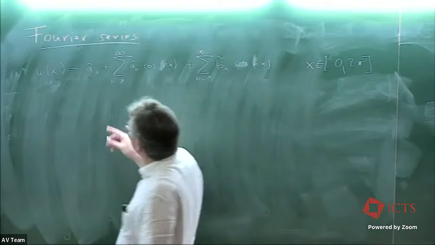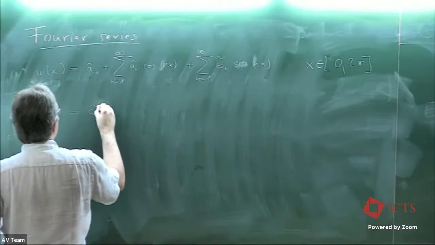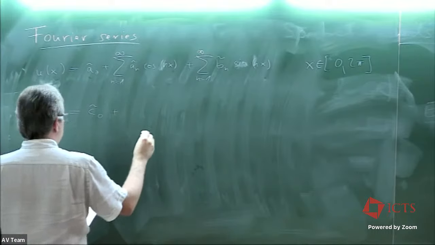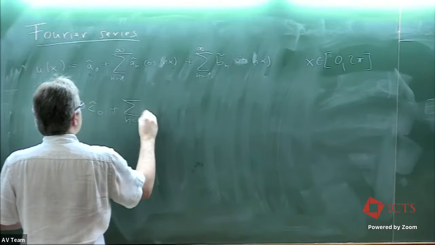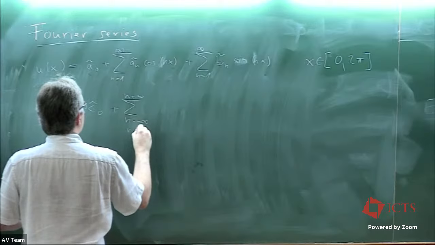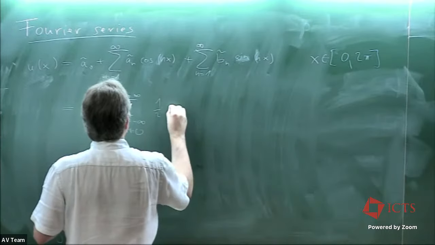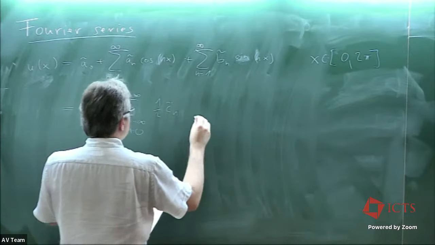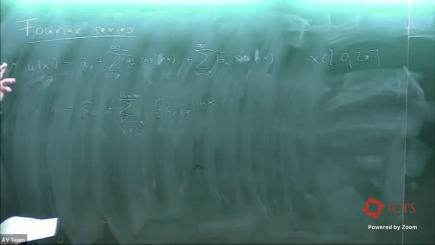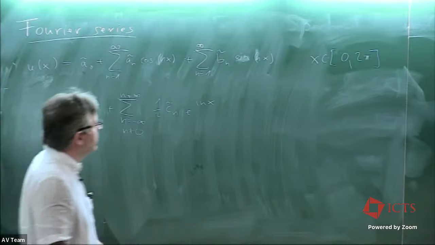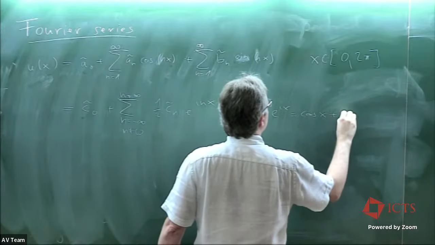And of course, you can also write this Fourier series in terms of complex numbers. So you have C0 plus a sum n going from minus infinity to plus infinity, n not zero because I took out the 0, of 1/2 C_n tilde e to the i n x. And both are fully equivalent to each other because we have e to the ix equals cosine x plus i sine x.